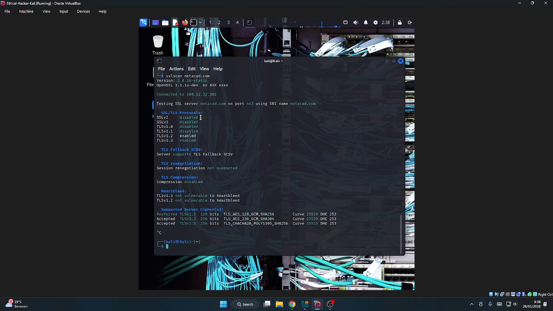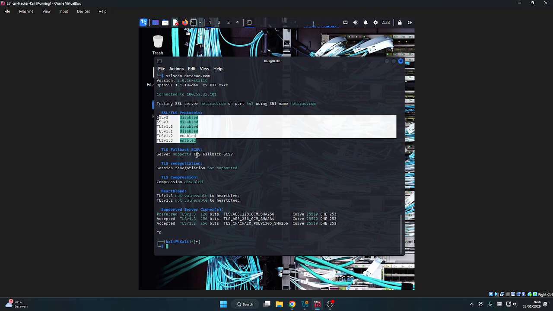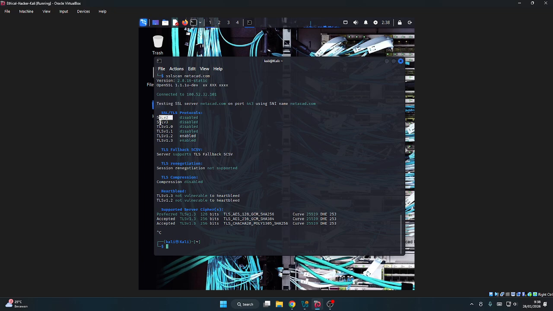There are SSL or TLS protocols. There are 6 protocols: SSL v2, SSL v3, TLS v1, TLS v1.1, TLS v1.2, TLS v1.3, and the only enabled are TLS v1.2 and TLS v1.3.